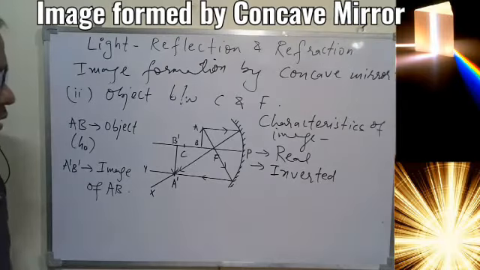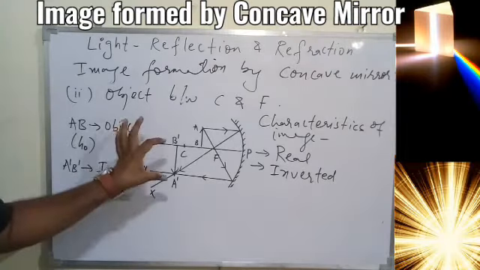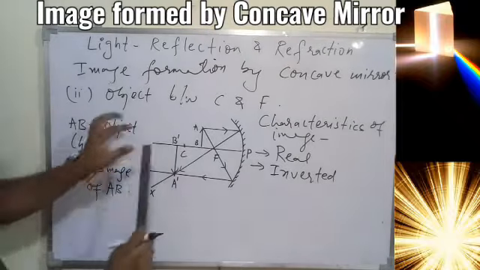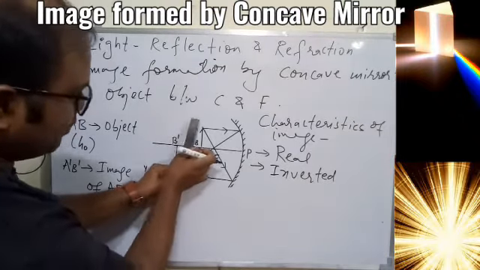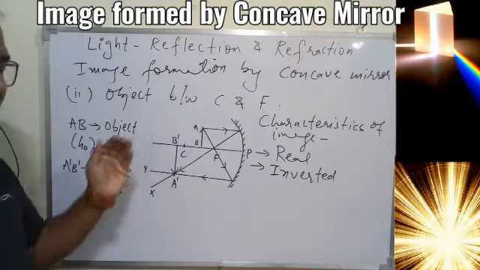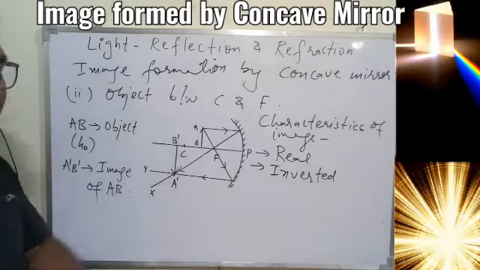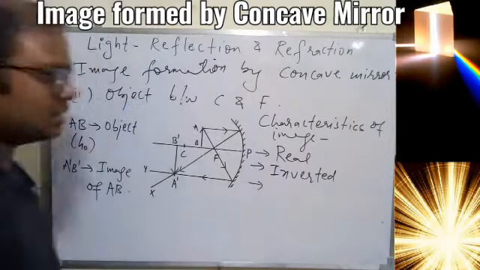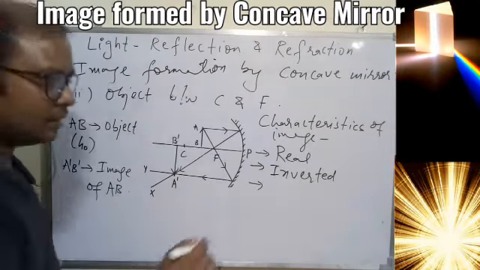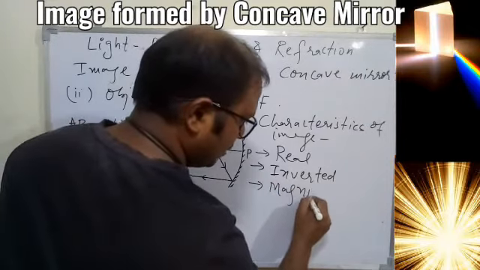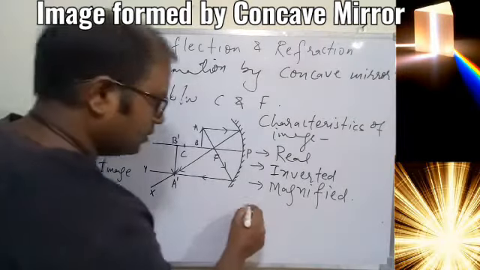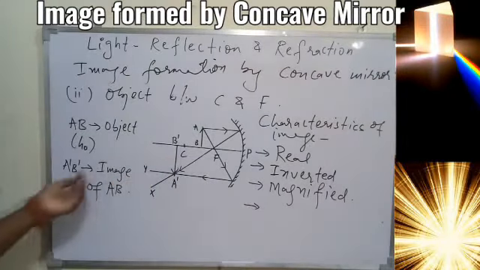Okay, now what else you see? If you see the size of the object and image now, this is your object and this is your image. So you can compare also somewhere. The image is somewhere here and the object is almost 1 inch less. So we can say here image is becoming bigger than the object. So if the image is bigger than the object, we say it is magnified image. So image is magnified, real, inverted, magnified, and where it is forming, now it is forming beyond C.